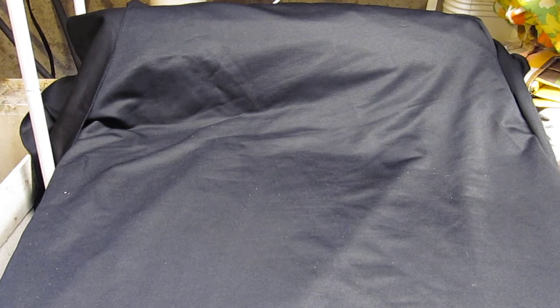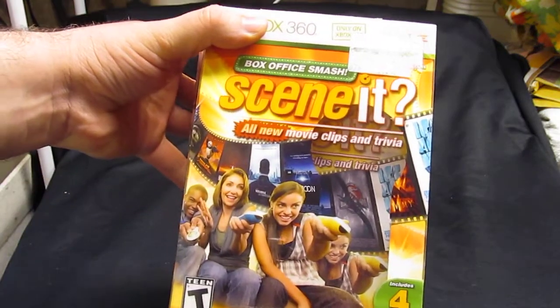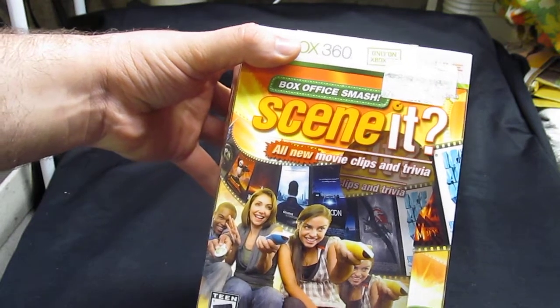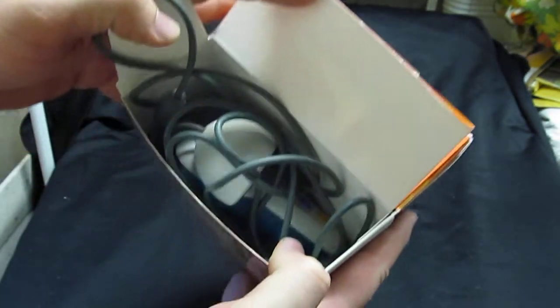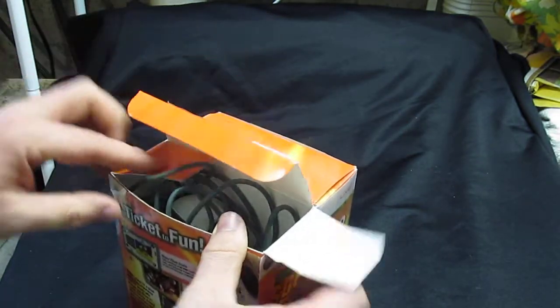The first thing I got was not collector edition, but it was something nice to have in the collection. It was Seen It. It's box office smash, and then it's got all new movie clips and trivia. It has the 4 wireless controllers all inside here. I'm not going to get them all out, but they're all in there, and then the little dongle thing is